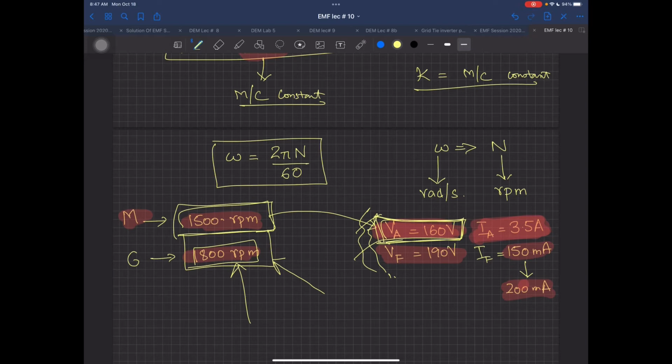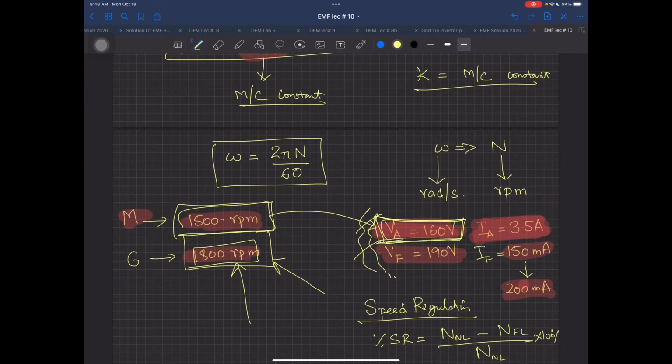So in the experiments of your lab, you are actually trying to find out the speed regulation. I hope you have been told this term. What is your speed regulation, and what is that speed regulation in percentage? In terms of your N, this will be N at no load minus N full load, divided by, now here in the denominator, it is totally up to you. You can use NL or FL. It's totally up to you.